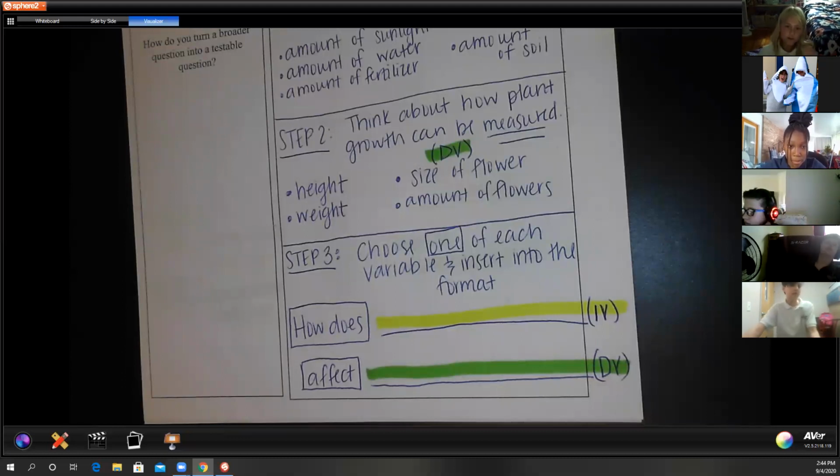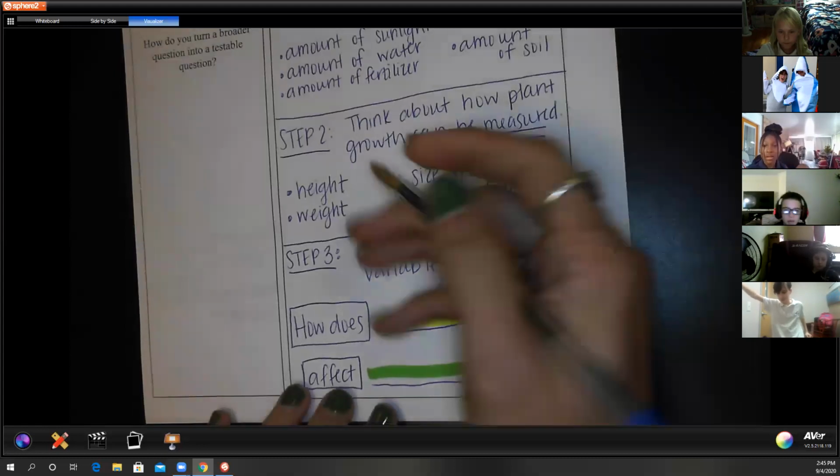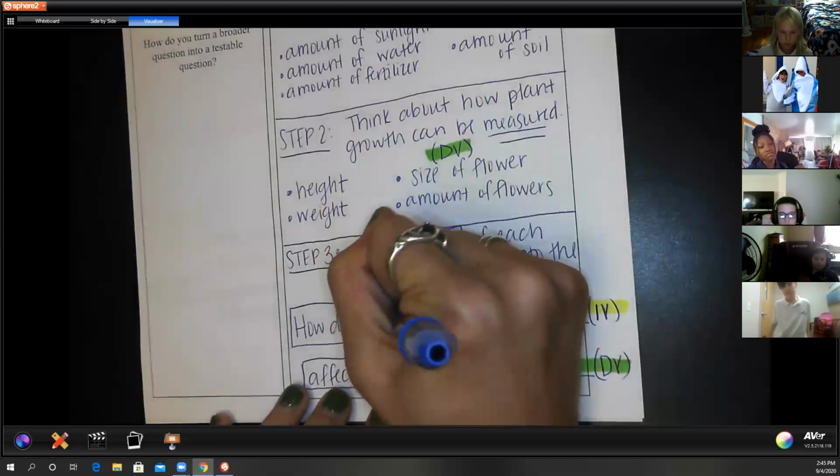I said, how does water affect the growth of a plant? Good. How does water, and we would want to be specific, right? We could say the type of water or the temperature of the water or the amount of water affect, and then again, we want to be specific about how we're measuring the growth of the plant. So what if we said, how does the temperature of water